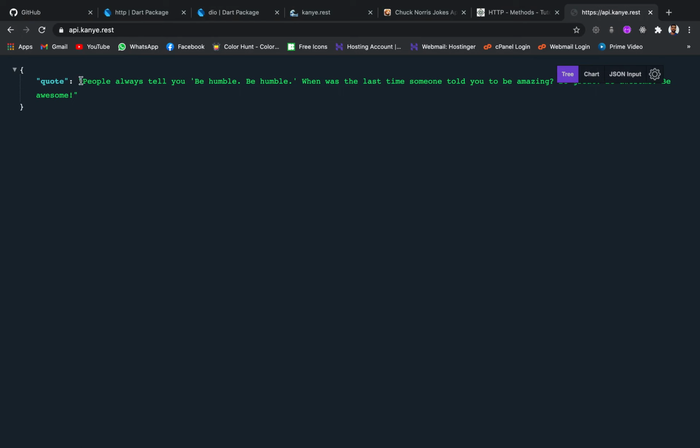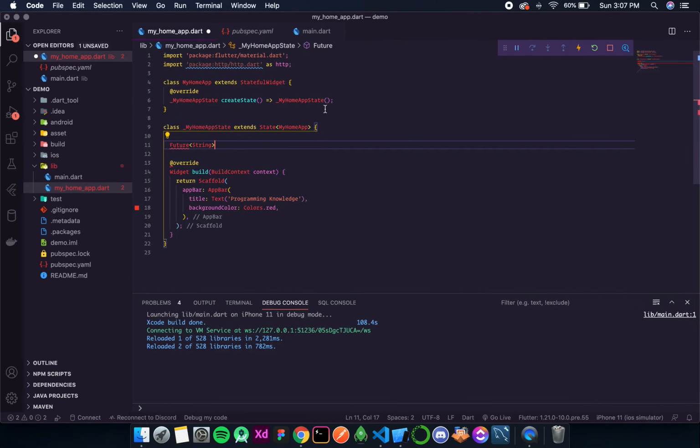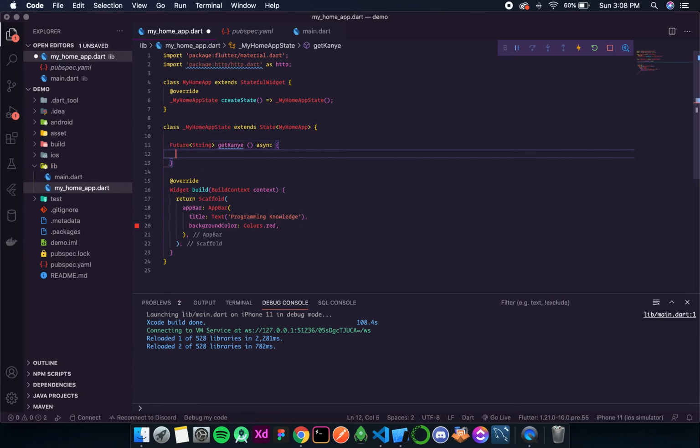That string will be nothing but this followed by quote. Okay, and then I'll name the method getKanye. Okay, simple name. Now it needs to be async since we are dealing with future.